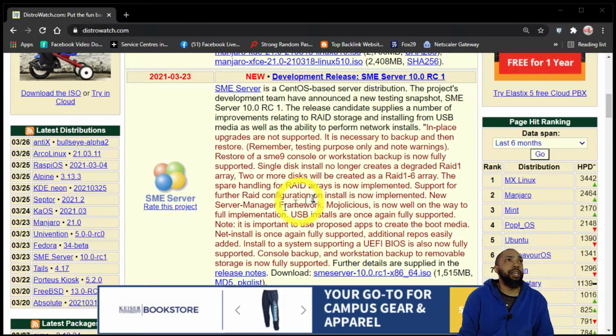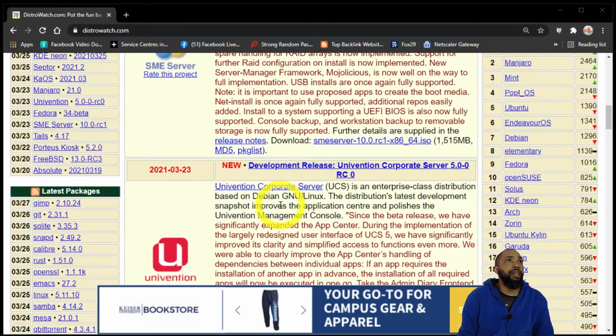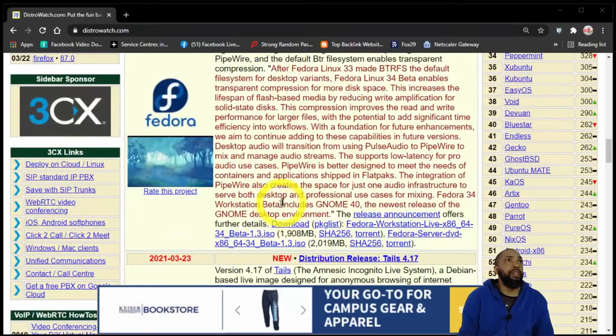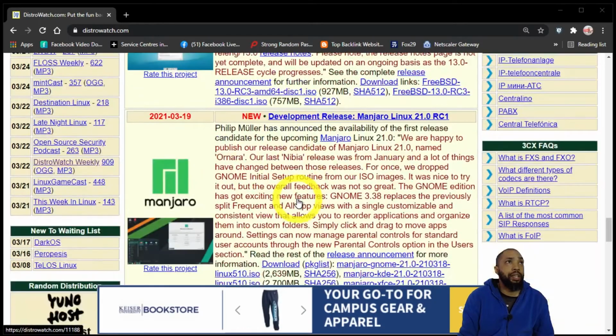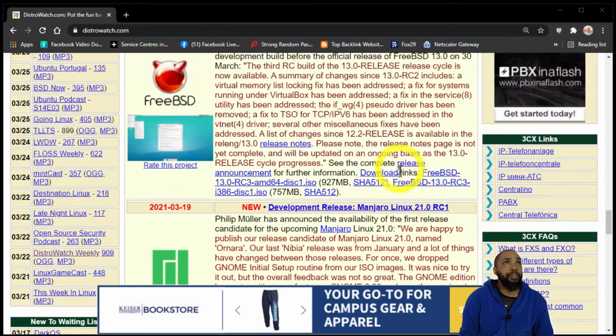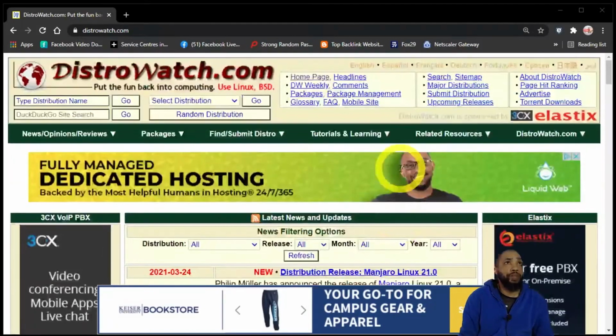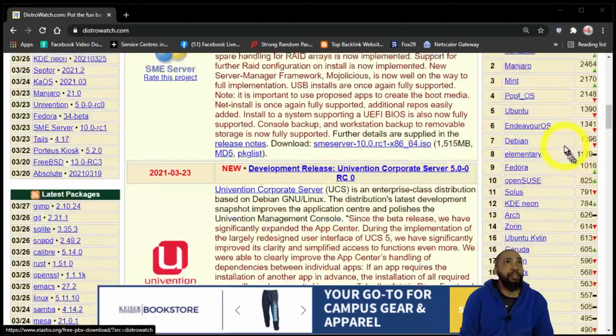And then you have SME Server, and so on and so forth. These are the latest updates of these projects. You could go into it and get all the information you need. You could download the ISOs and everything that you need to run it. And then I'll break this down. There's also